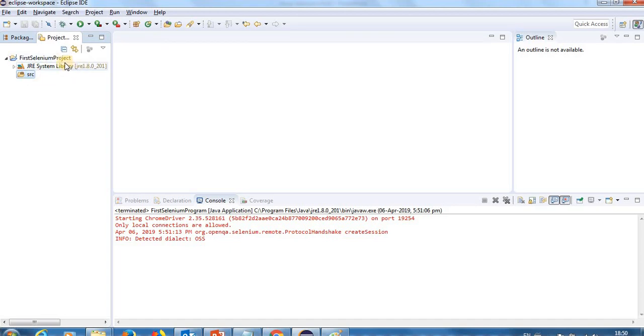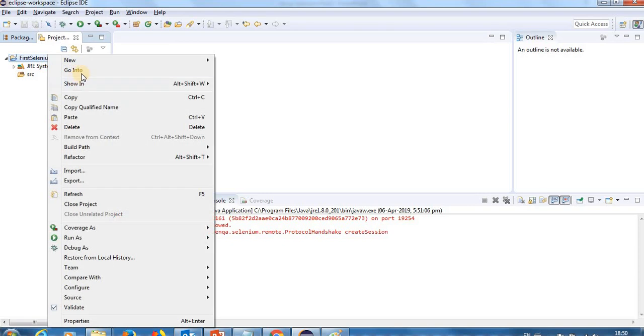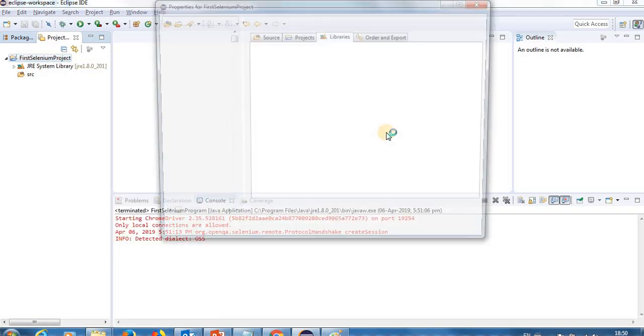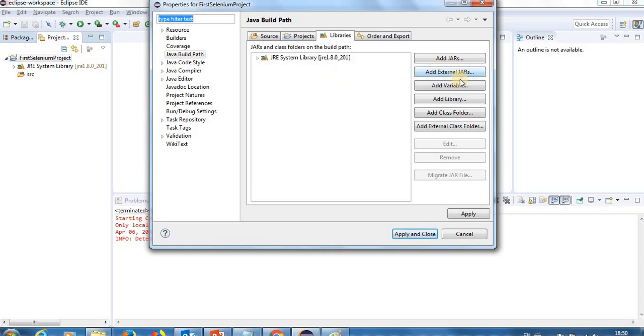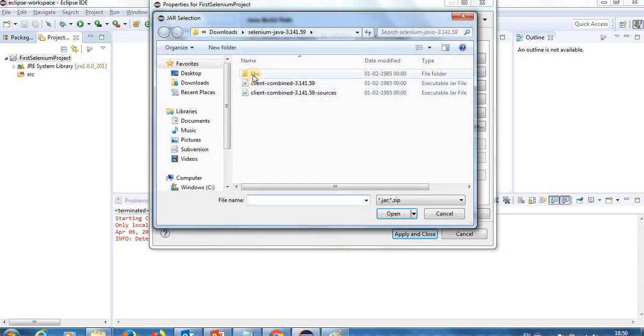So now we have to configure the Selenium language binding with this project. Right click on this, and here we have Build Path. Go to Configure Build Path and Add External JARs. This is the path of my Selenium Java libraries which I have downloaded.